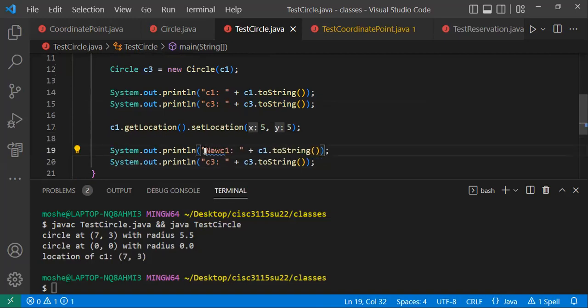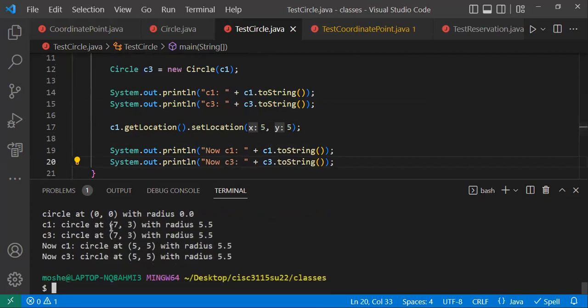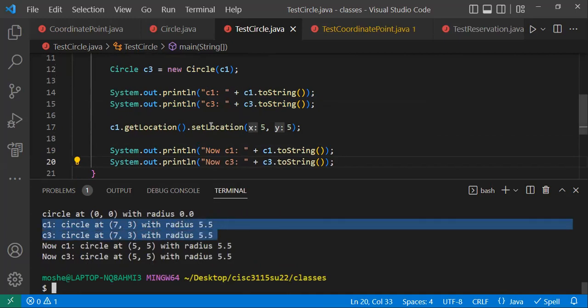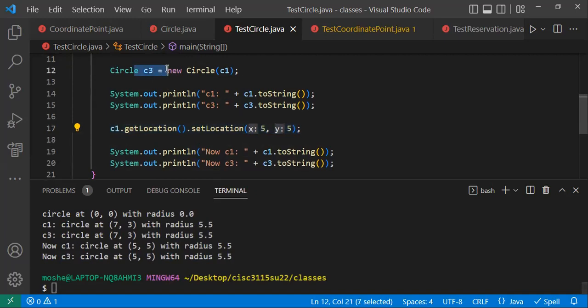I'll say now C1 is, and now C3 is. All right, so we see C1 is a circle at 7, 3 with radius 5.5. So initially they're the same, and that's right because C3 is a copy of C1. Now I modified the location of C1, but notice that had an effect on C3. But that shouldn't be happening. After all, C3 is a completely new object. It's a completely new object. Well, here's the problem. The situation I have here